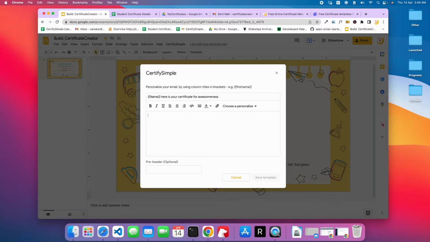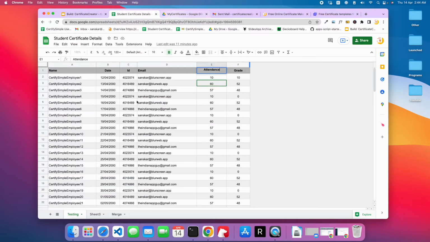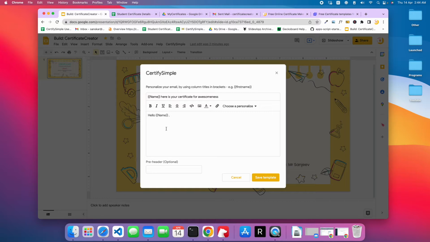Then in the description, this is the body of the email. You can add bold, italic, underline, all these sorts of things, but we are going to keep it simple. So what do I want to say? Well, I want to say hello Sanskar, which means I want to include the name of the person. Then I'm going to add some more, for example, I can say your attendance,